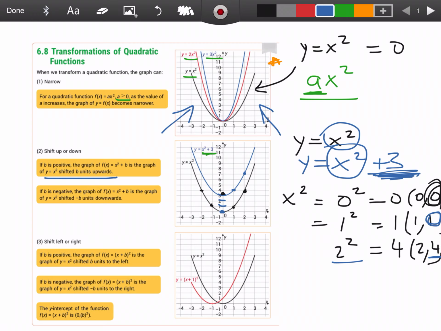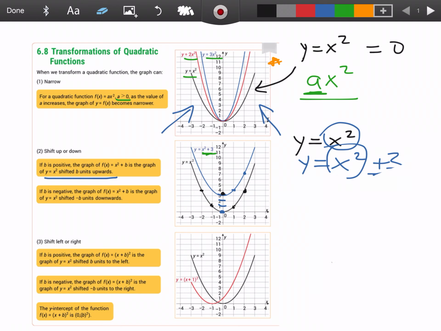So when we're adding a number, all we're doing is we're pushing the graph upwards. The same way if I had a negative value. If I had the function of y is equal to x squared minus 2, let's leave that there, hang on, that's plus 3. If I make a new one and it said y is equal to x squared minus 2,